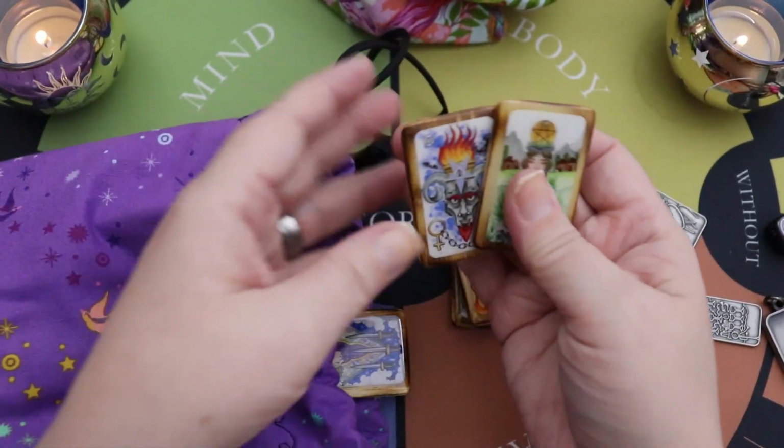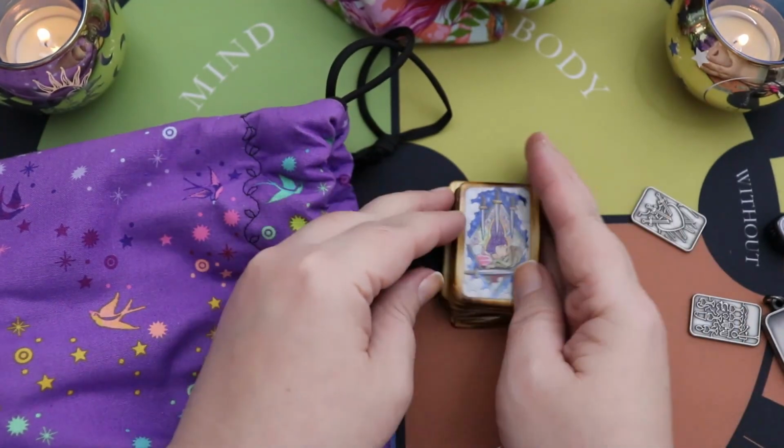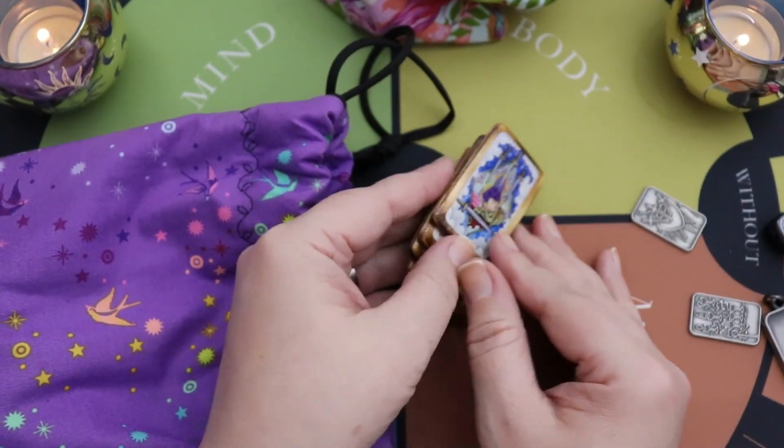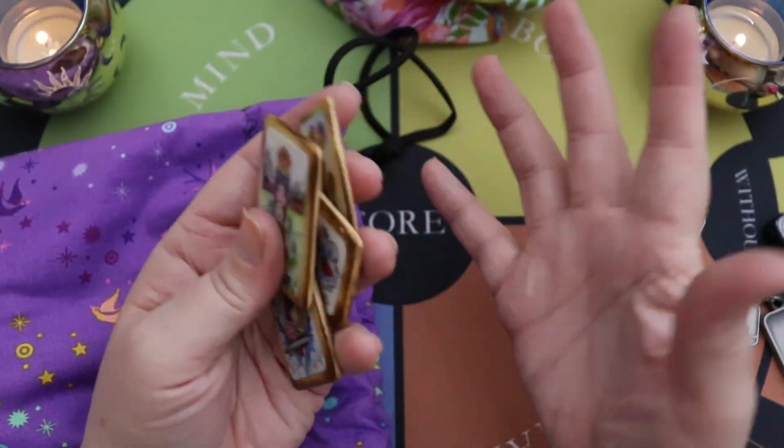I think that's a beautiful, colorful, lovely deck. I do enjoy it quite a lot. But I reach for this with probably about the same frequency as I would reach for the Sawyer's Path Tarot. Now, the other thing I often will reach for this for is when I want to do very large spreads,